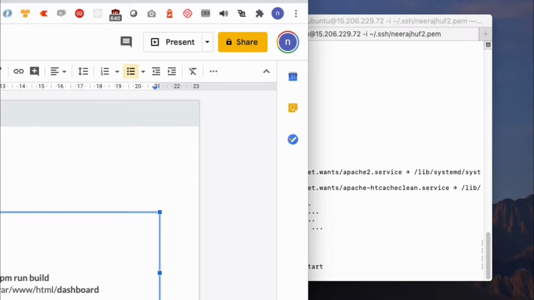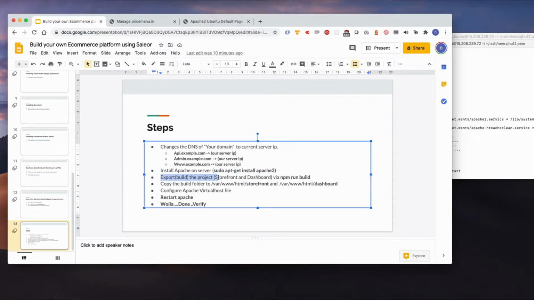As a next step, I have to export the projects, that is storefront and dashboard.